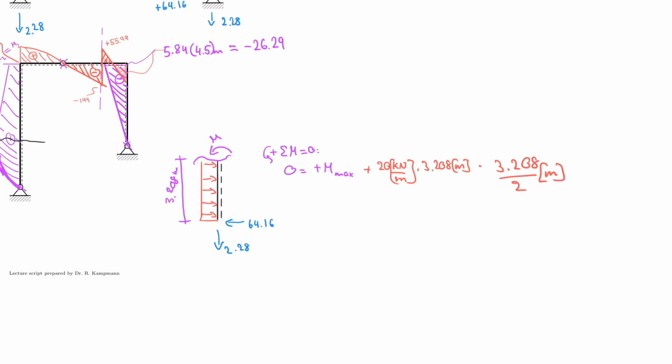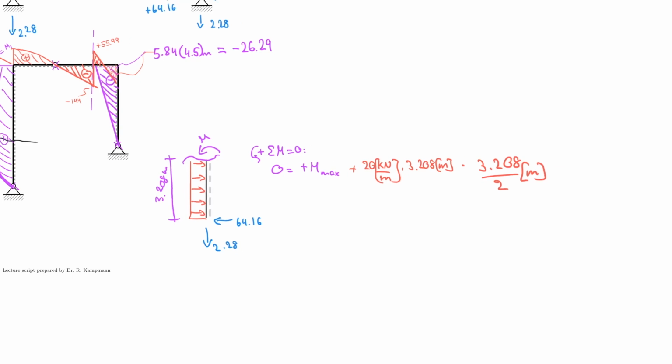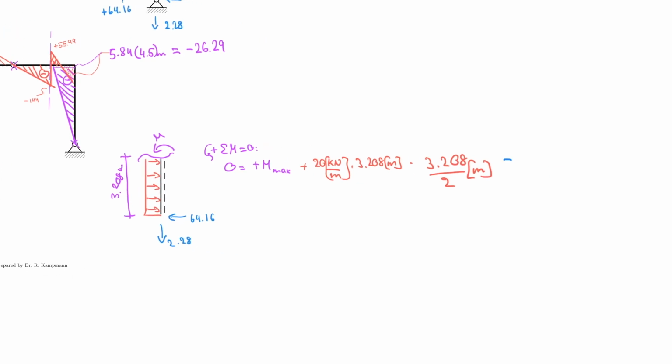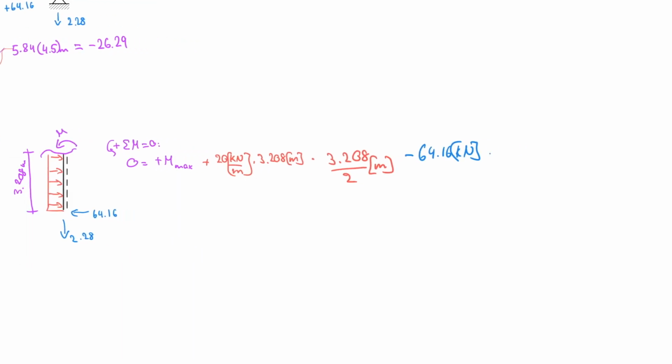And of course I need to account for my support reaction, but that one is acting clockwise, so therefore it's negative. So minus 64.16 kilonewton multiplied by